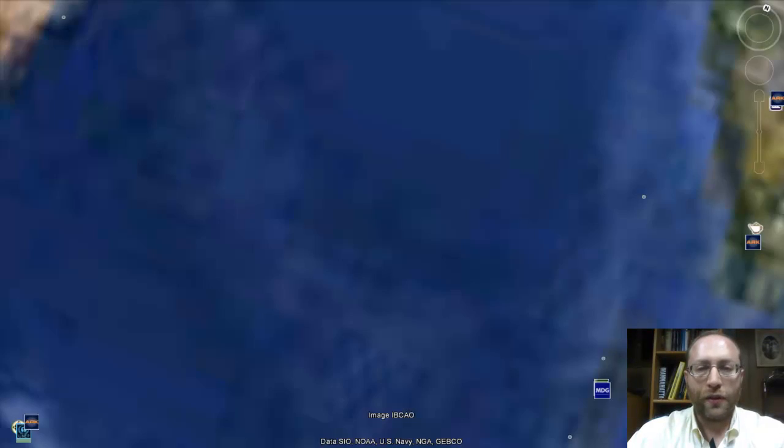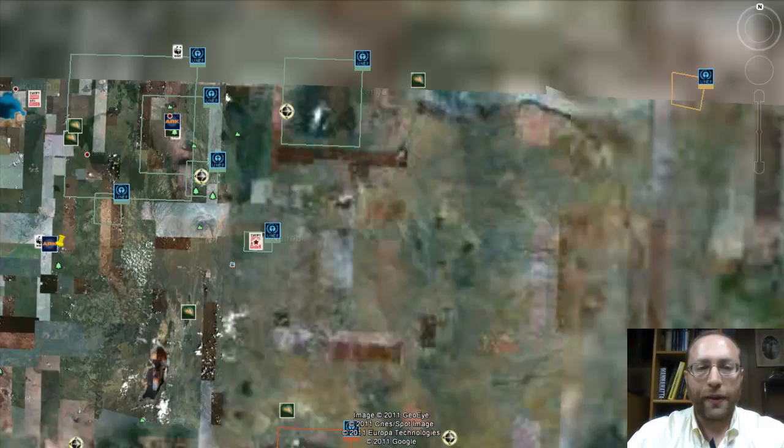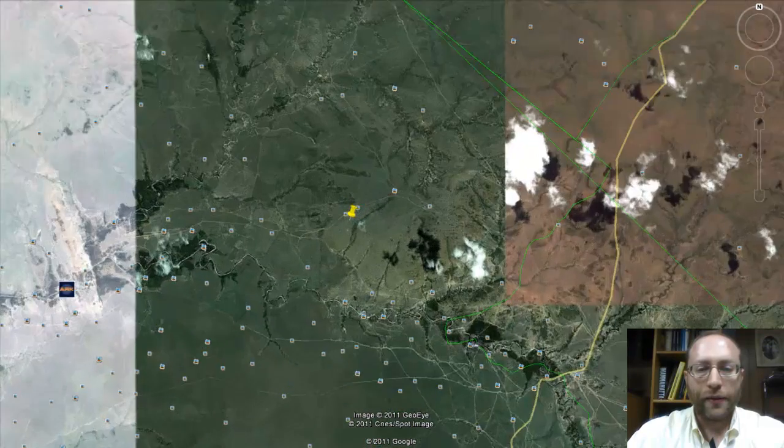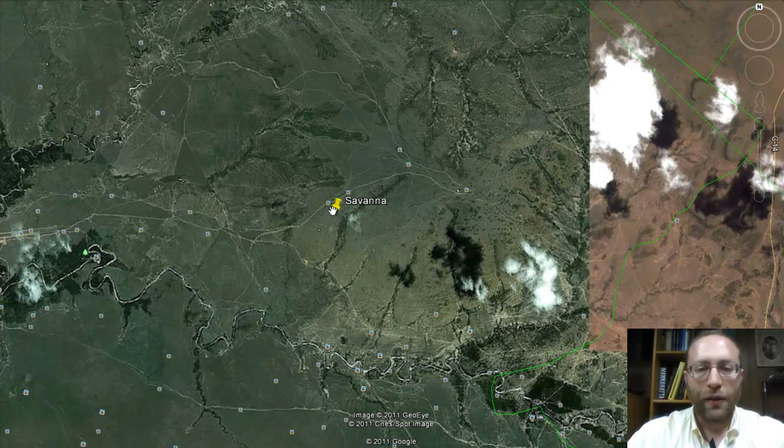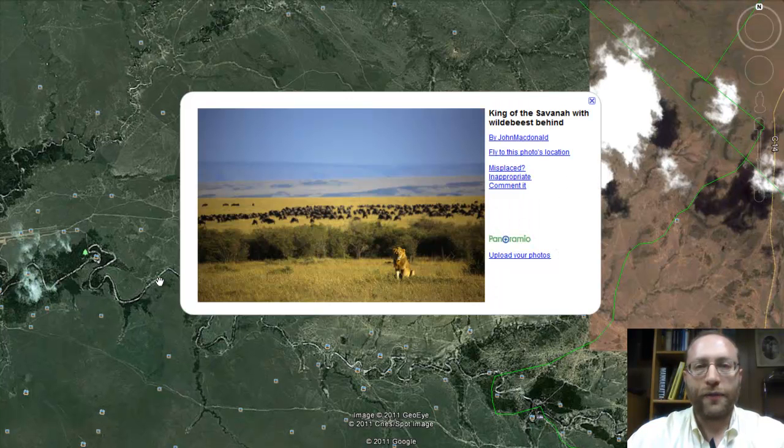Now we're going off to Africa to see the last biome that we're sampling, and this one here is quite different from what we've seen before. Okay. This biome here is the savanna. It's at basically the same latitude that we saw at the tropical rainforest, so you get the same temperature range basically. However, the amount of rainfall is profoundly less, so you don't get anywhere near the number of trees, and there's really only enough rainfall to support trees around where there's a body of water like a river.